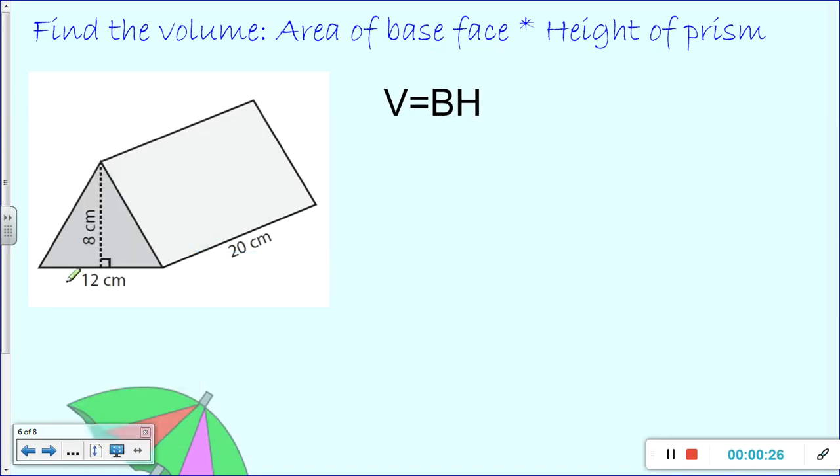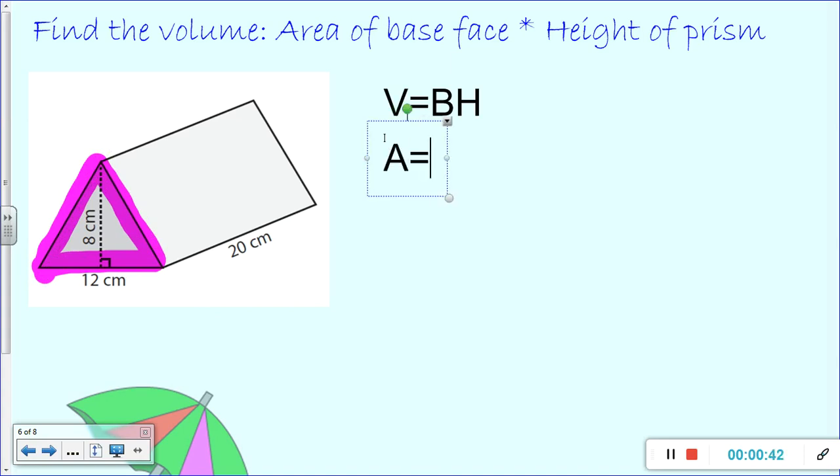This is what we talked about in the very beginning. We need to look for what makes this shape special. And because this is a triangular prism, we're going to go for that triangle. So this is the shape that we want to find the area of. To find the area of a triangle, remember, it's the 1/2 times the base times the